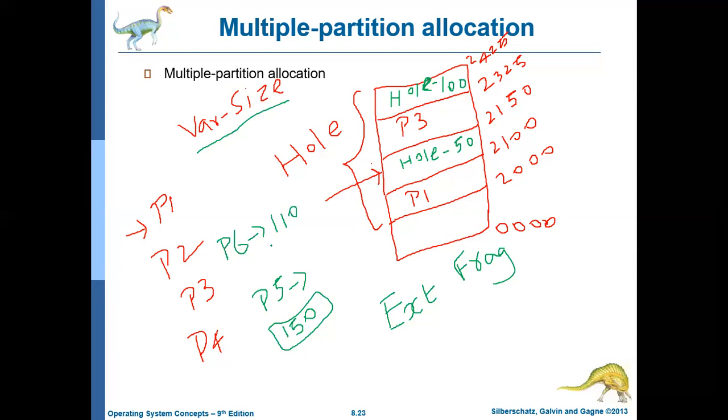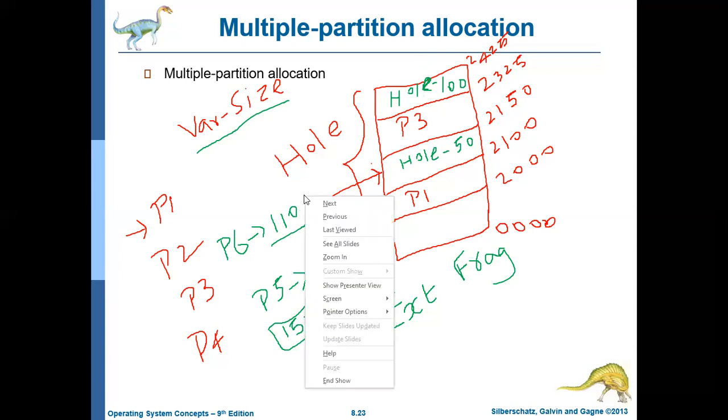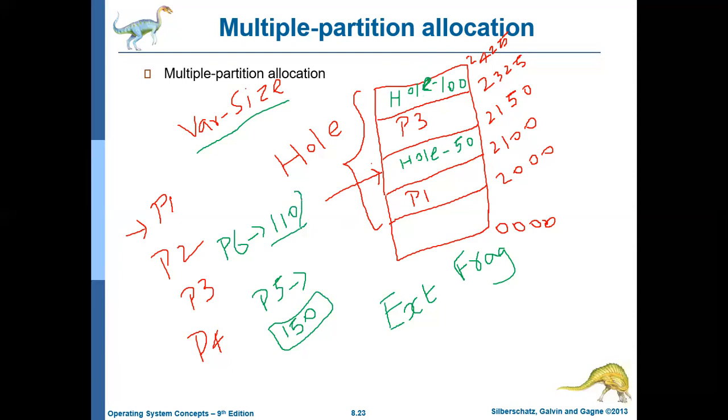But this request also cannot be satisfied because this hole size is 50 MB and this hole size is 100 MB. Only if the request is less than 100 MB or less than 50 MB can it be satisfied. So now these two requests cannot be satisfied by the operating system because of the fragmentation that is created by variable size partitioning, which is called external fragmentation.